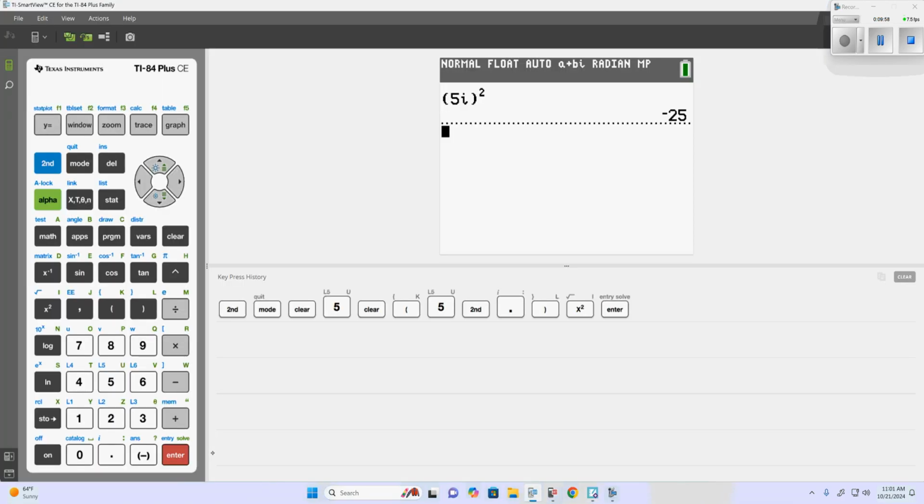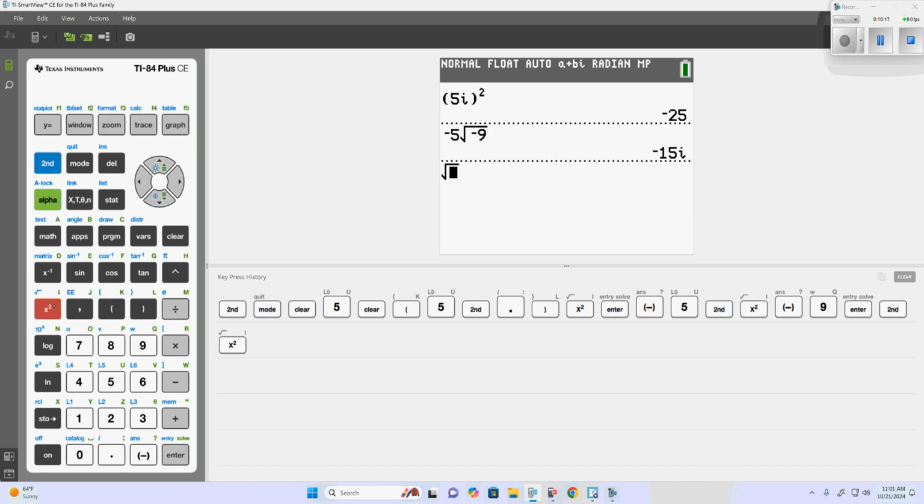Now the graphing calculator, let's see what it does. Negative 5, second, square root. It tells us it is indeed negative 15i, yes? So the question is, why don't we always use it? Well, square root of negative 72. This is the one we did just before it, yes? And we found the answer to be what? 6i square root of,